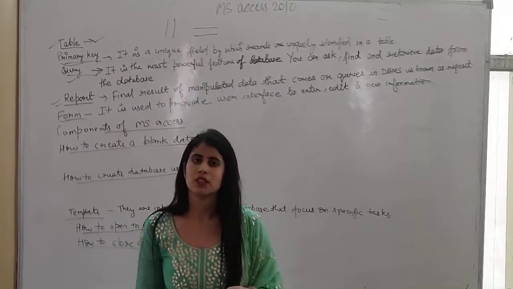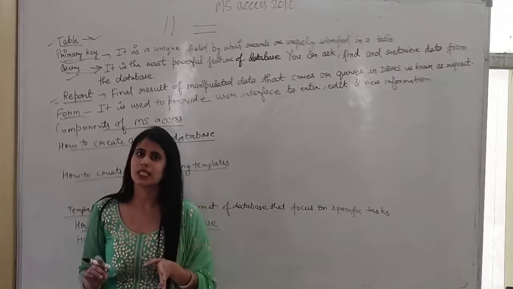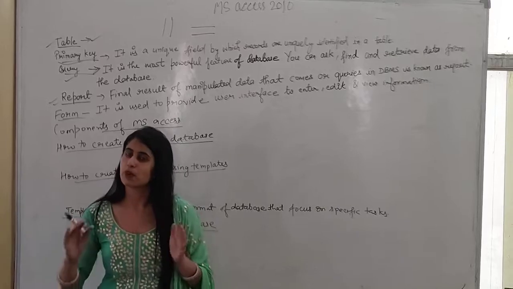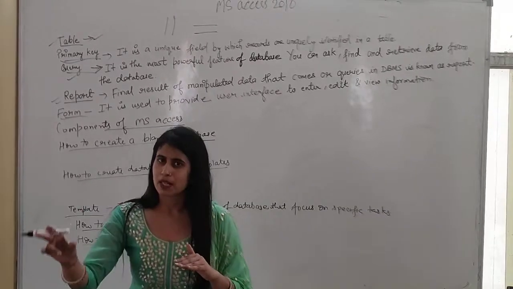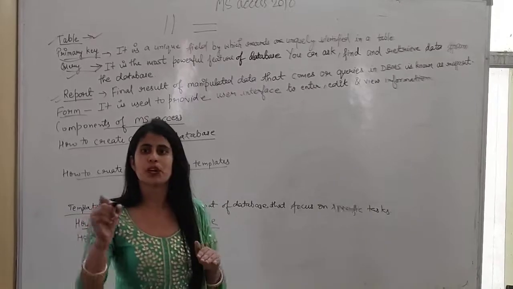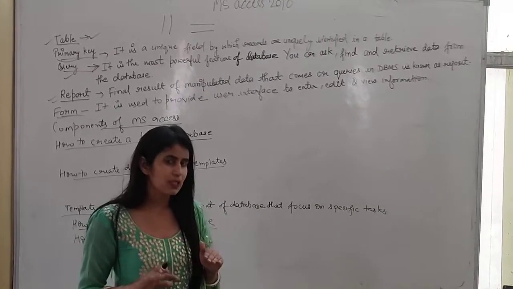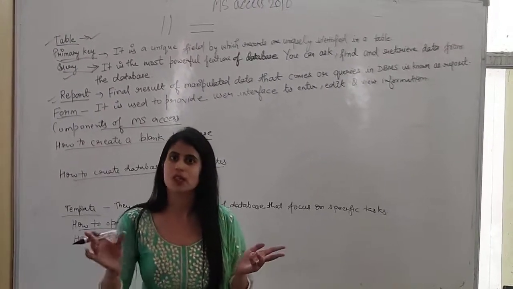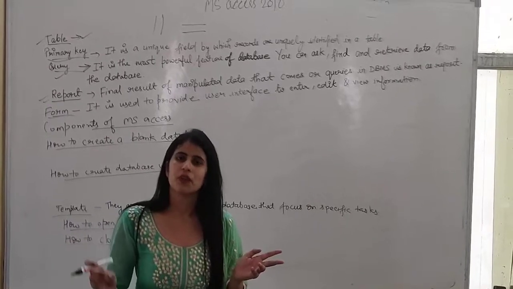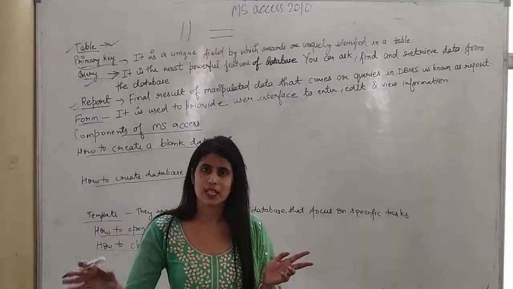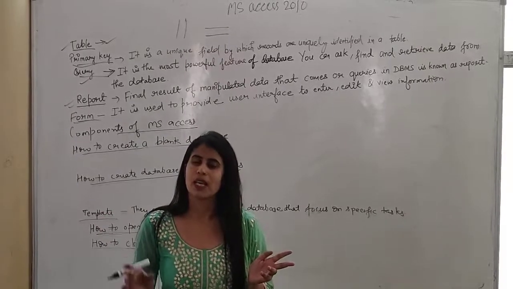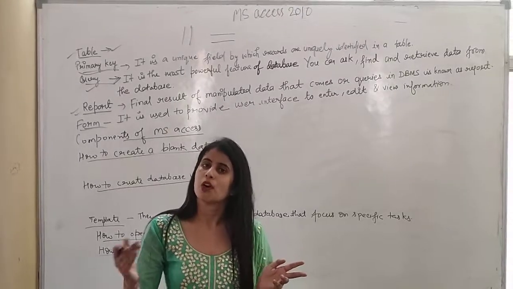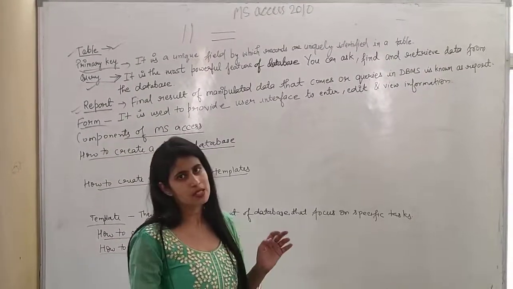The next one is the form. Forms are mainly the user interface. They provide a user interface to the persons using it, and in it you can enter information. If any problem is there, you can edit it. If you are not satisfied, you can delete it also. Whenever you enter information on any website, you see a form. The form is a user interface because we interact with it by writing information there.